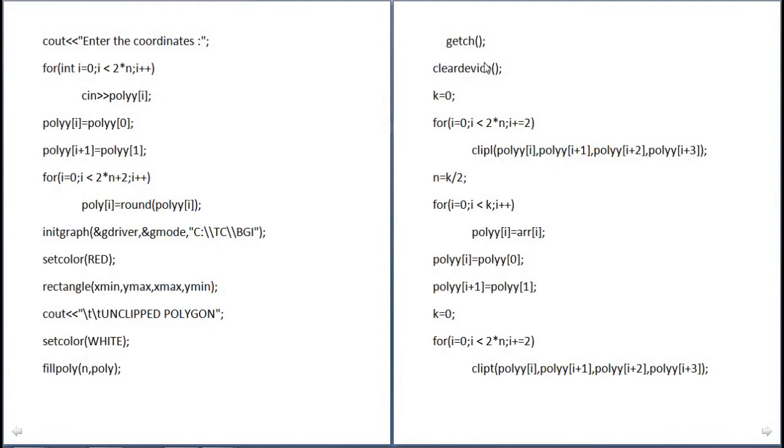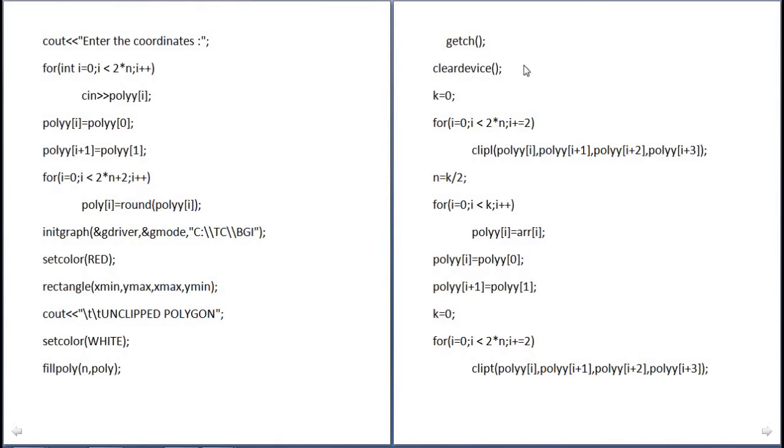Then we use k is equal to 0, and again we use the for loop. This condition is the same as before: i is equal to 0, i is less than 2 into n, and i plus equal to 2.